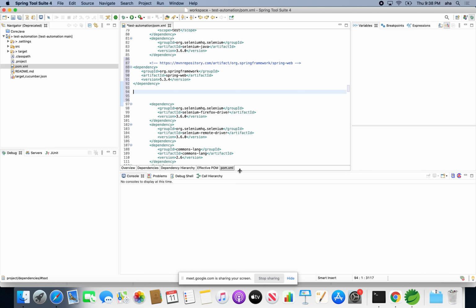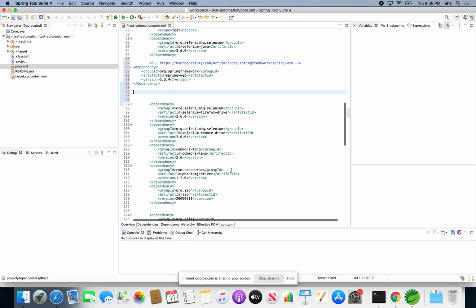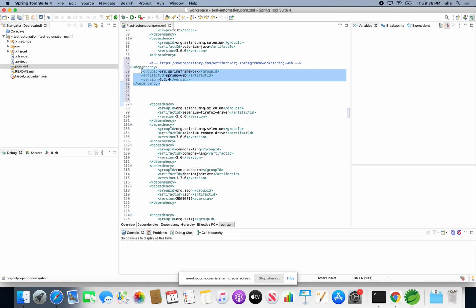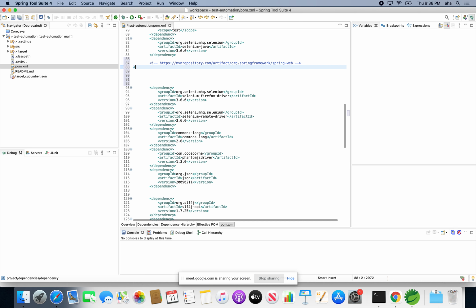Any questions on the pom.xml dependencies? What are the dependencies we have currently? All we have is some basic dependencies and Selenium, right? Don't worry about all these things. Slowly you will get there. Even if you have confusions, just ignore that. Next thing,